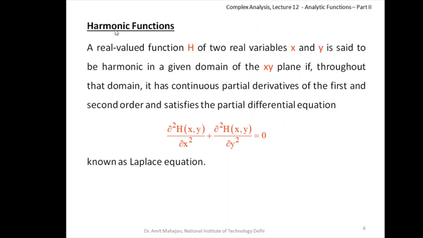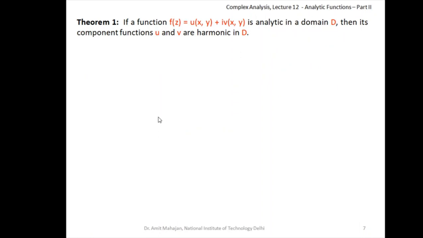So if you are given any function and you have to check whether it is harmonic or not, then its first and second derivatives must be continuous and this equation must hold. If you have, for example, polynomials, then we know that polynomials are continuous and their partial derivatives exist. So we just need to check whether the Laplace equation is also satisfied by that polynomial or not. So we take first one theorem which says that if a function f(z) which is u plus